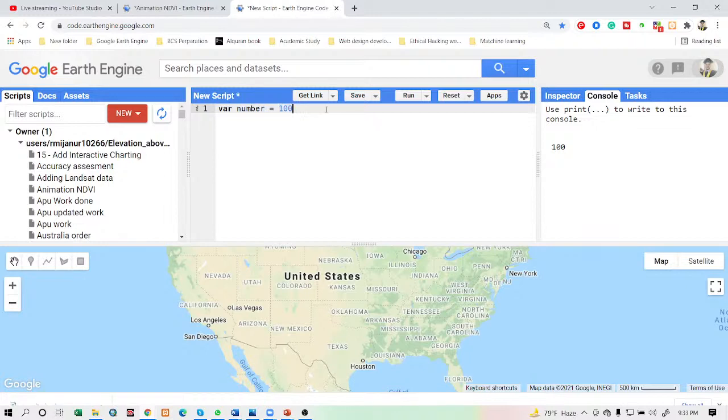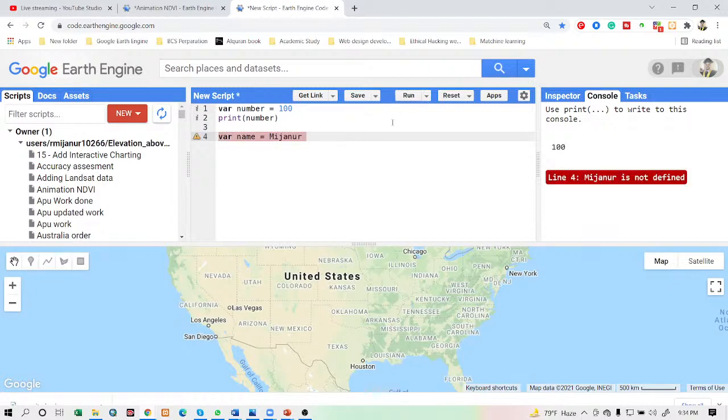So now I want to print this. We already know that when you want to print something, you just use the print function. I simply use the print function, then I simply use here the number, and I click run. Okay, you can get this result. Okay, and we also use another variable. Suppose I want to make a variable, and this variable name is name, and here I add my name. Suppose I want to add here my name, and when I click run, I can get the result.